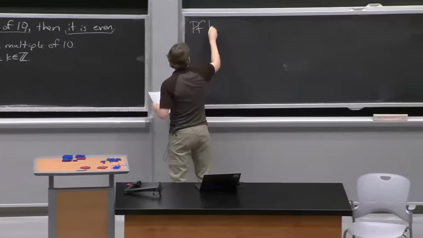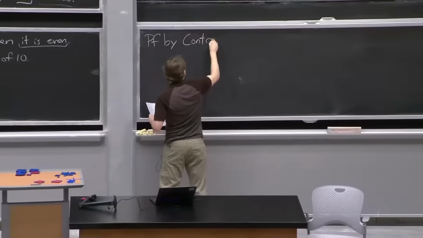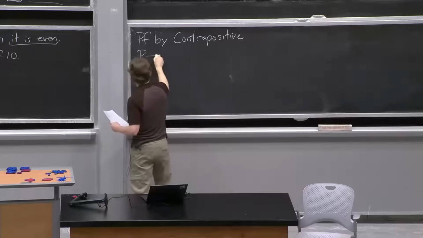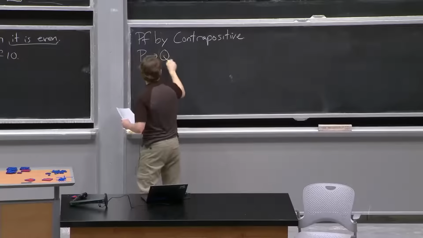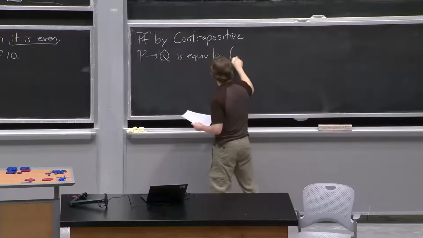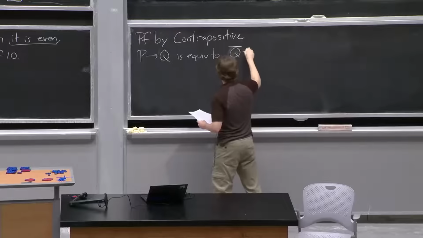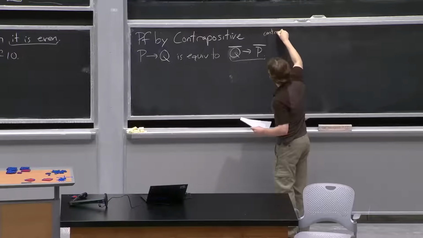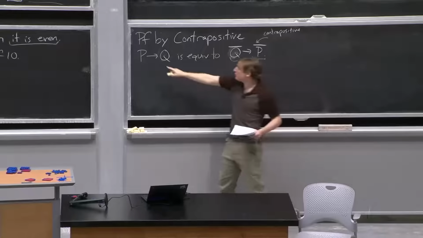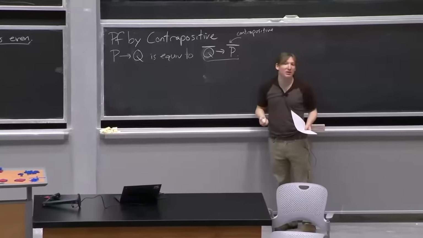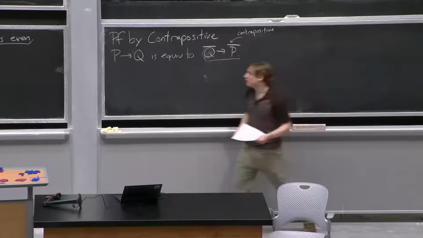So there's another common way of proving implications. This is called proof by contrapositive. Recall last lecture we said that P implies Q is equivalent to its contrapositive. Let's see. Not Q implies not P. This right here is the contrapositive. And so if we're supposed to be proving P implies Q, sometimes it's more convenient to instead prove not Q implies not P. And so our proof outline